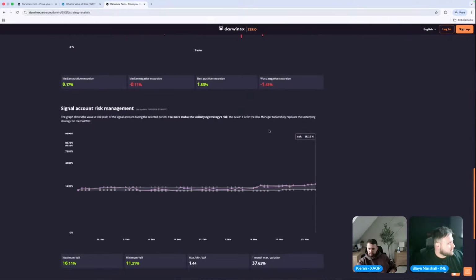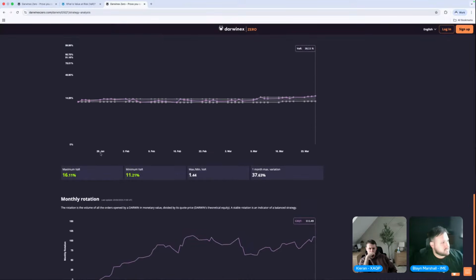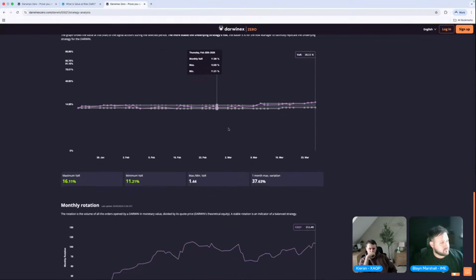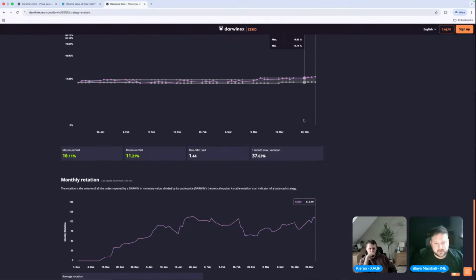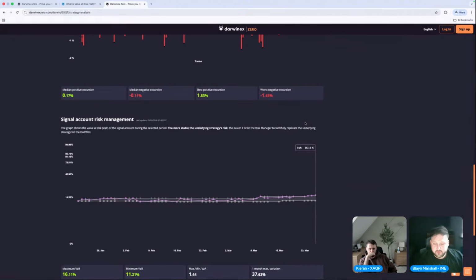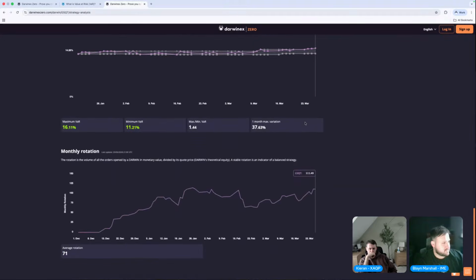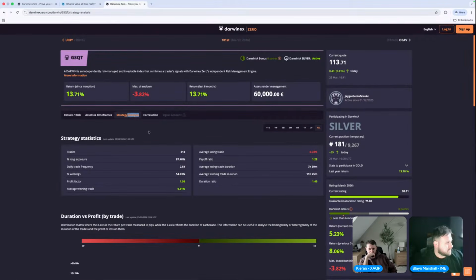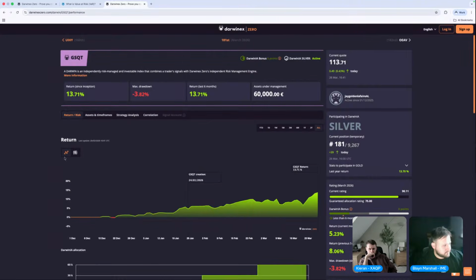Looking at the VaR as well, the VaR is very stable, which is what I like to see. But it'd be interesting to keep an eye on this, and we can review it in, say, 3-6 months down the line to see, has the VaR changed, has anything changed, and then we can maybe do a comparison review at that point in time and see what changes there are. So yeah, everything looks good. I would just keep up what you're doing.